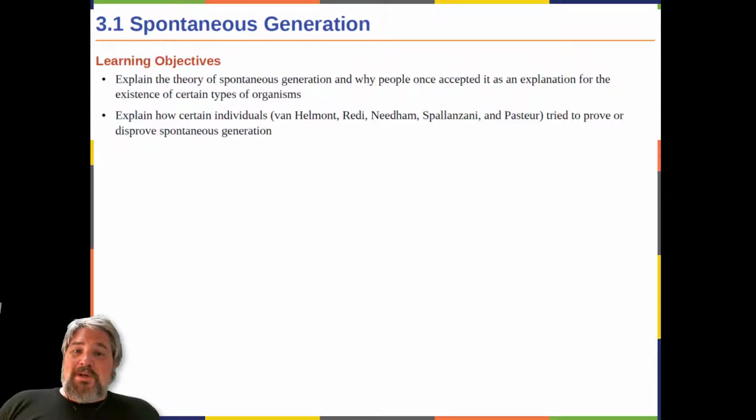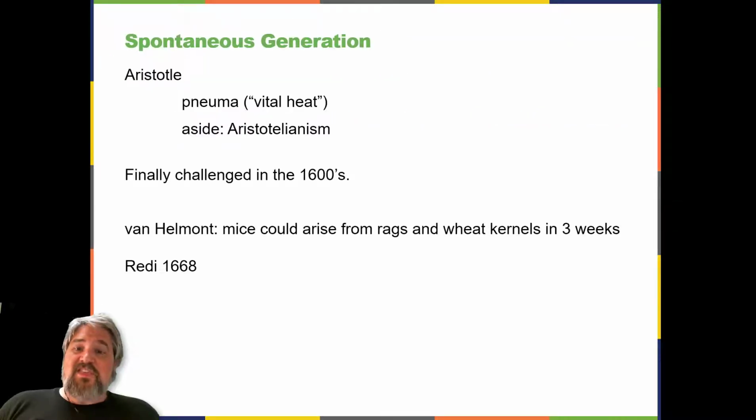Humans have been asking for millennia, where does new life come from? Religion, philosophy, and science have all wrestled with this question. One of the oldest explanations was the theory of spontaneous generation, which can be traced back to the ancient Greeks and was widely accepted through the Middle Ages. The theory of spontaneous generation.